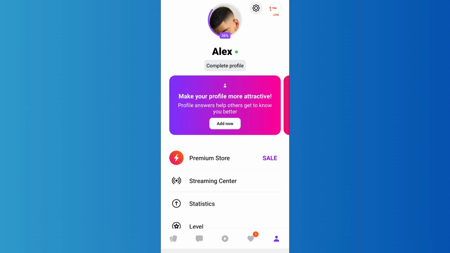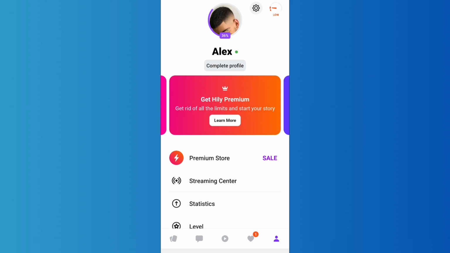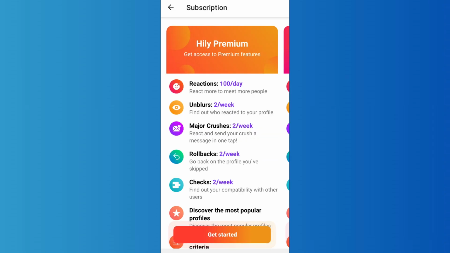After you tap on the profile icon, it will take you to your profile like this. Now just below your name, you will find various advertisements like this. As you scroll below, you will find this option called Get Hily Premium. Tap on it. As you tap on it, it will show you the two options that it has in the